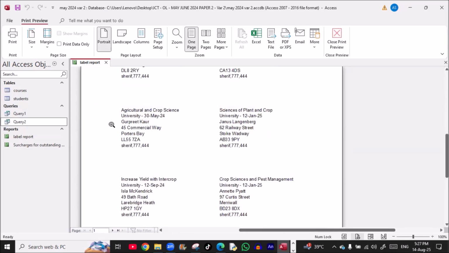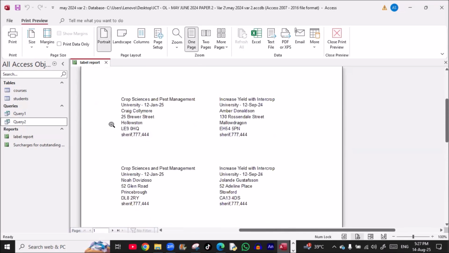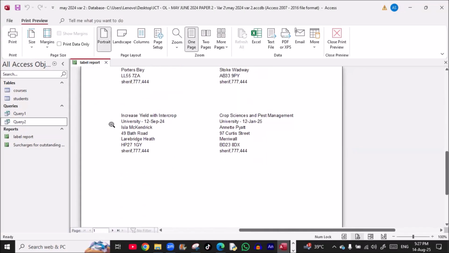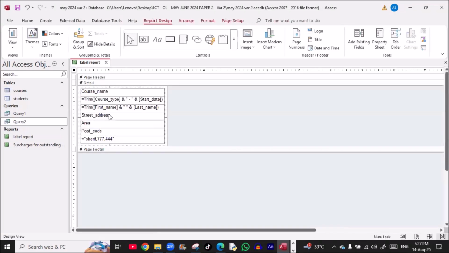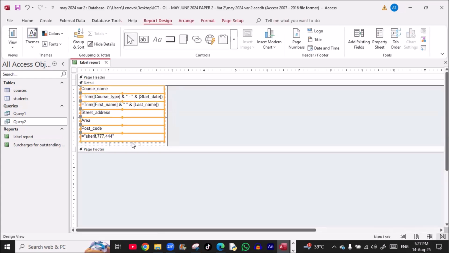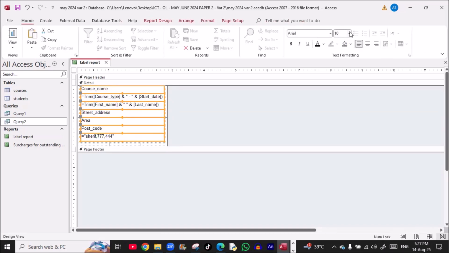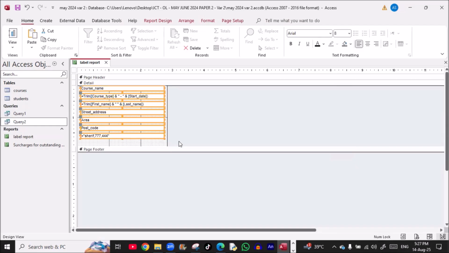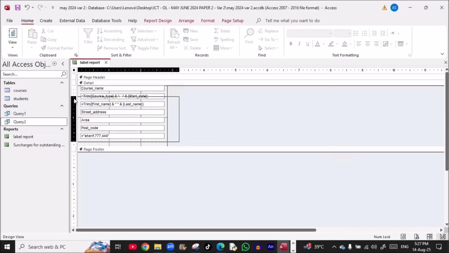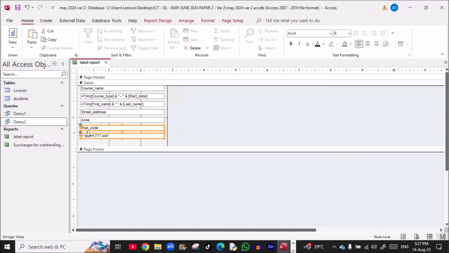It gives 4 rows, which means 8 labels. We need to make this 10 labels. So we'll get back to the design view, and let's do this with font 8 instead of 10. And just minimize this. Just move this